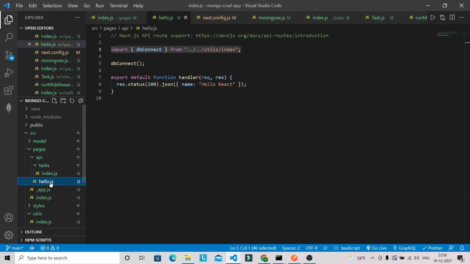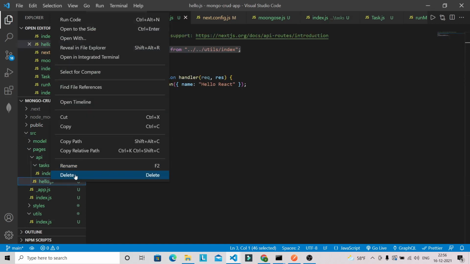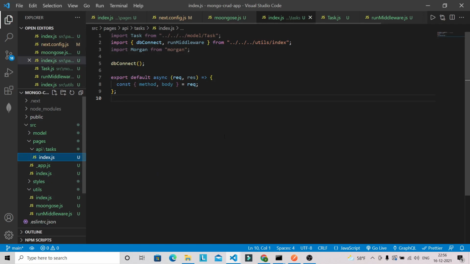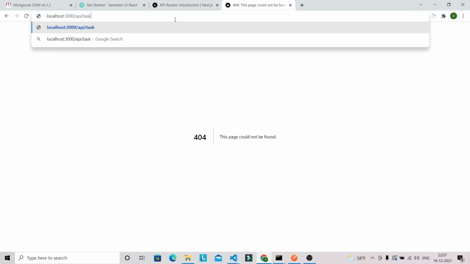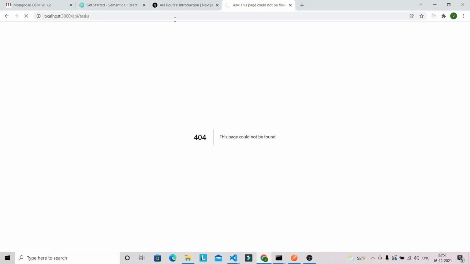So first let's get rid of this file. Let's go into the browser, and now we don't have hello, so you will get this error. Instead we have task. Let's see the console.